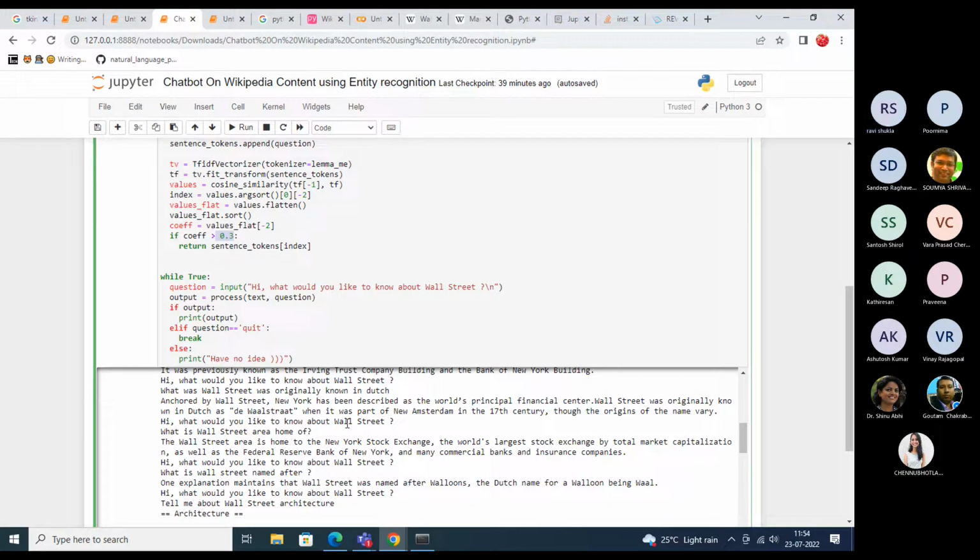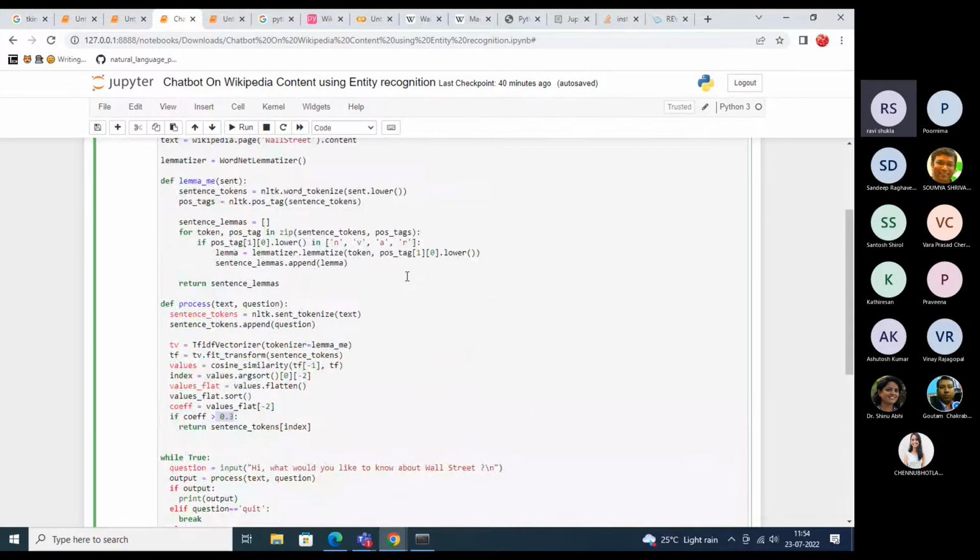Sure. It is a good attempt at making a basic chatbot. That's fine. But when you are converting it into a POS tag, you are not using that information here, right? What I understand is you are converting it and then not using the POS tag, correct?